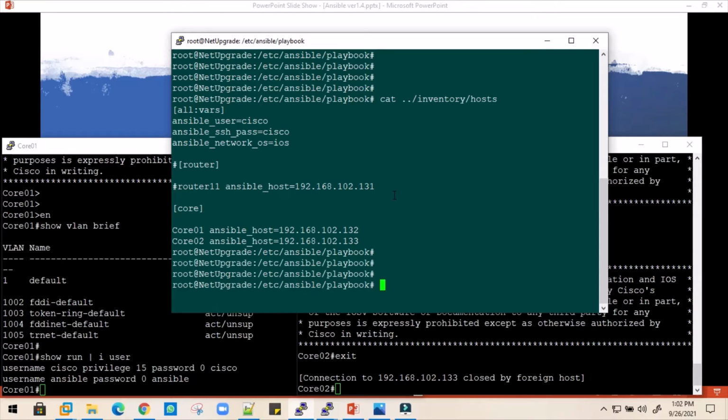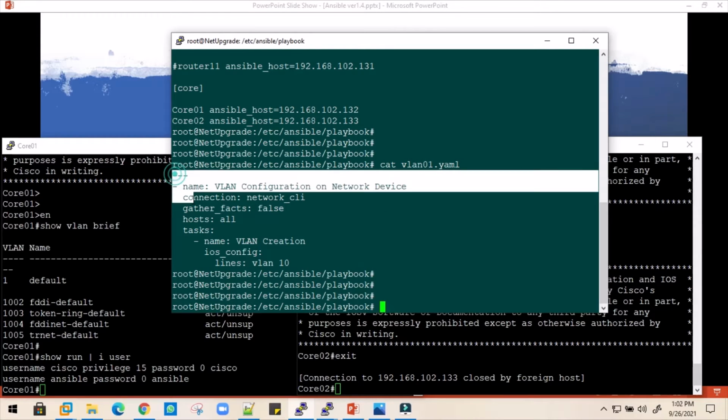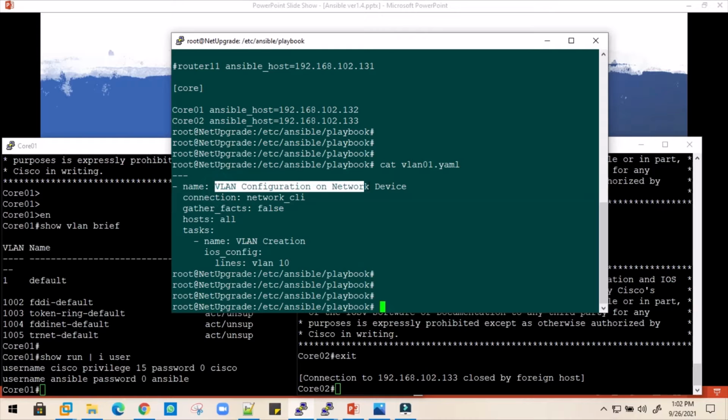Let's see what the script is. What is the name? It says VLAN. Yes, we are going to configure the VLAN, and its name is VLAN 1. Here you can see we have the playbook, whose name is VLAN configuration on network devices. When it logs in, it needs to maintain a connection of type network CLI.